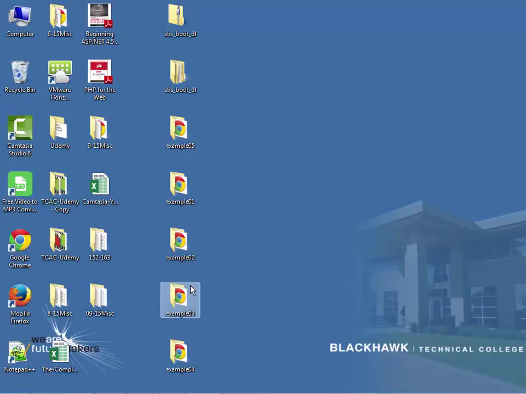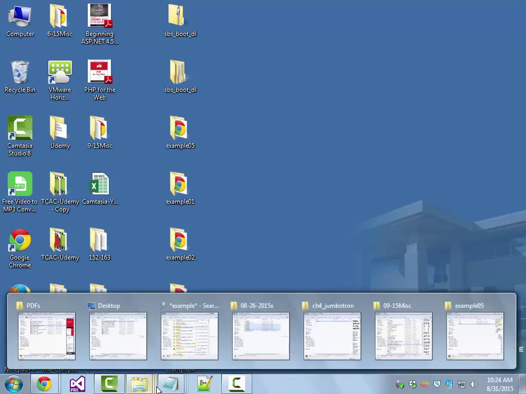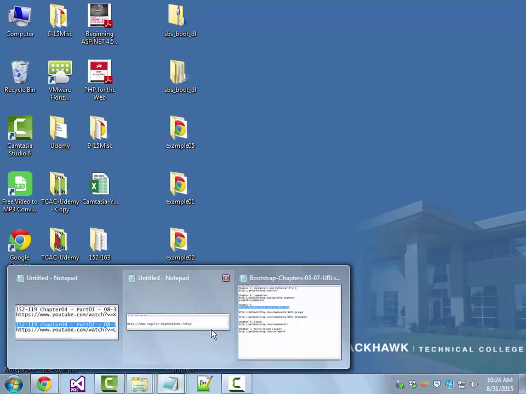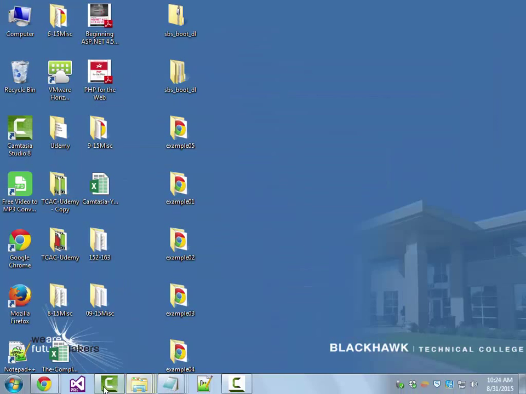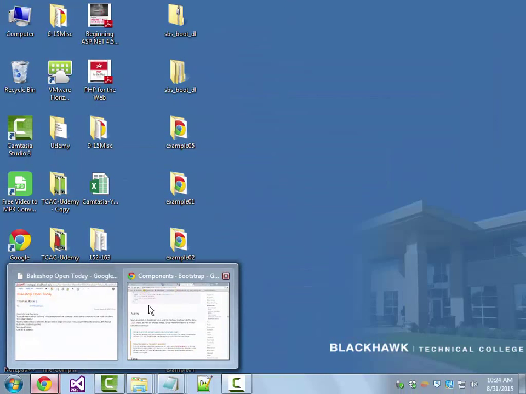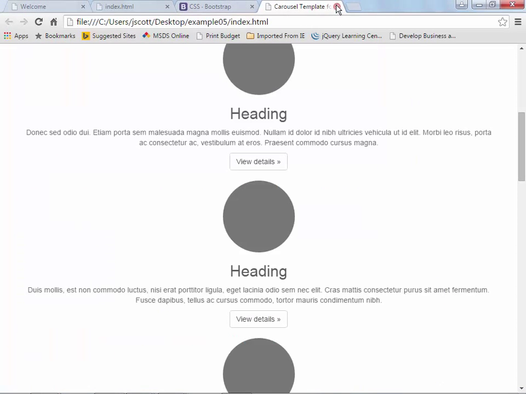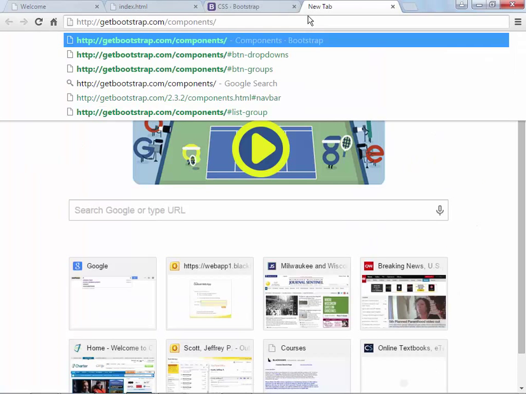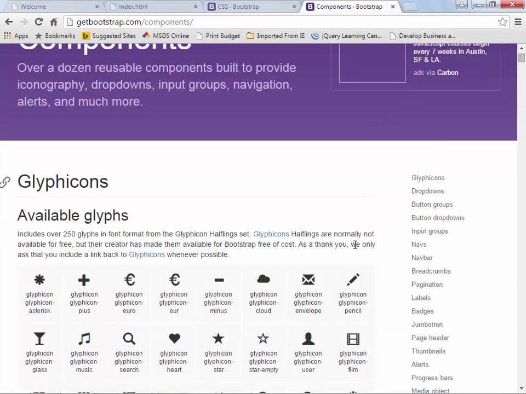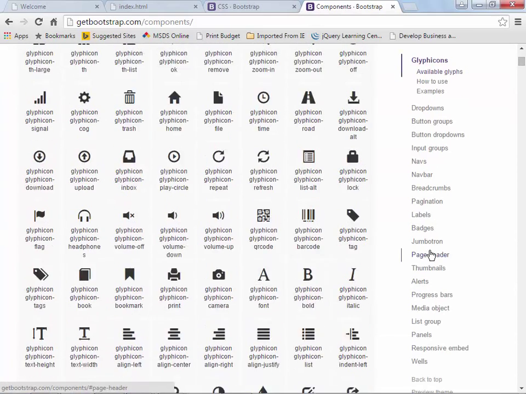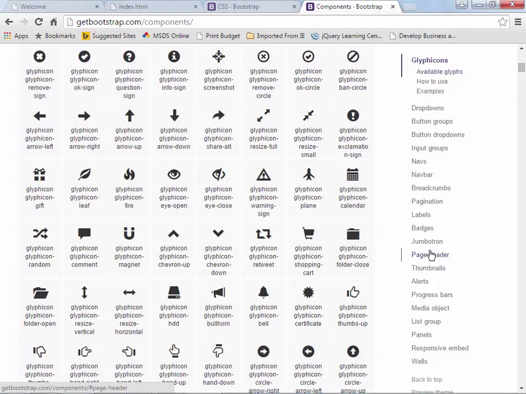Then we jump up next to icons. And typically with icons, they're not referred to as icons. I think I mentioned this the other day. They're glyphicons or glyph icons, depending on the way you want to pronounce it. So if I come down to components, notice what comes up by default, the first thing that's in there, which are glyphicons. These are the ones that come with